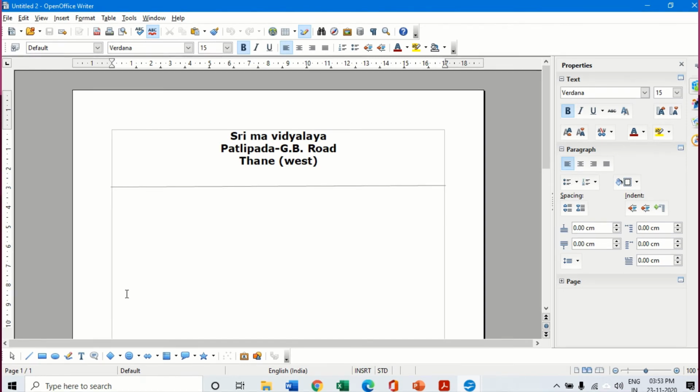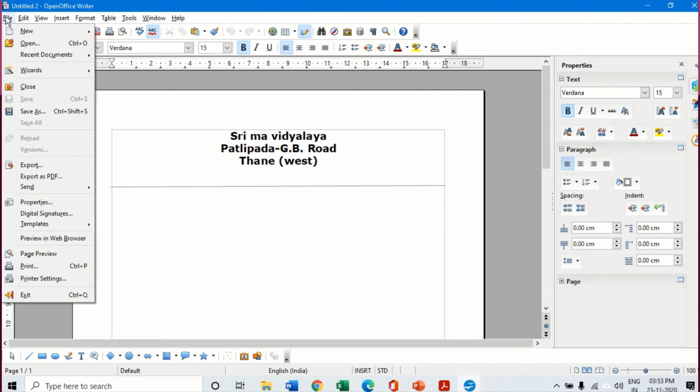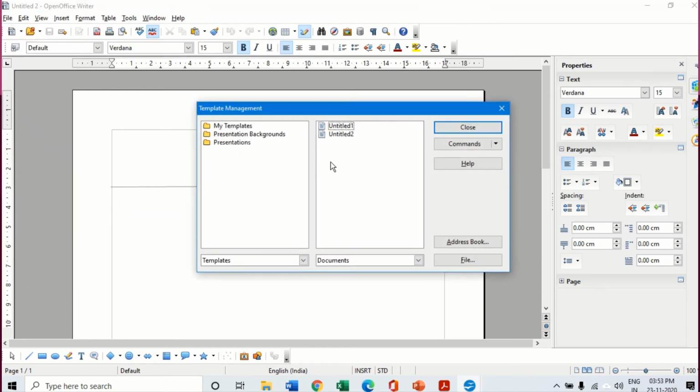Now, how do I revert back to the original text document which comes as a blank format with Times New Roman and size 12? That is the default setting of a text document. How do I get it back? If I do not want this template any longer, I can simply go to template, click on organize, and here under the template command, you click on reset default template back to text document. Click on close. I go to command and reset default document. I showed you how to do that, and then I click on close.